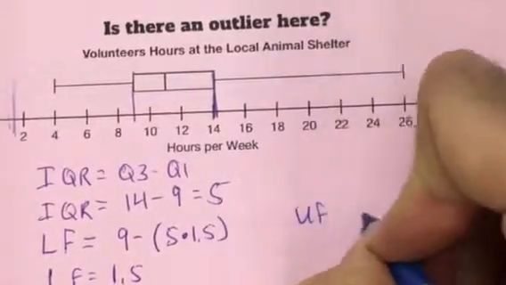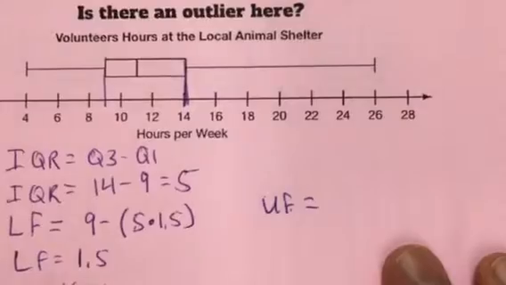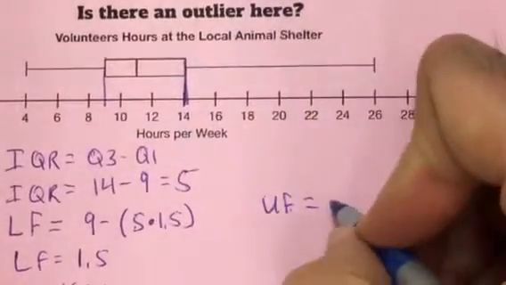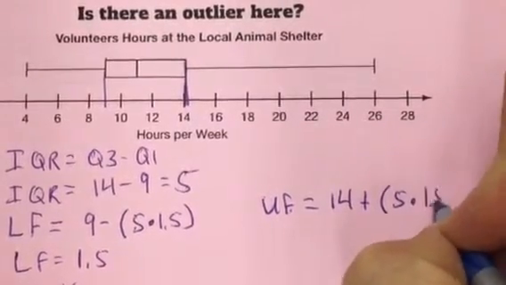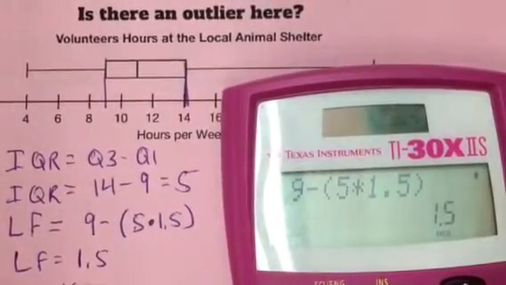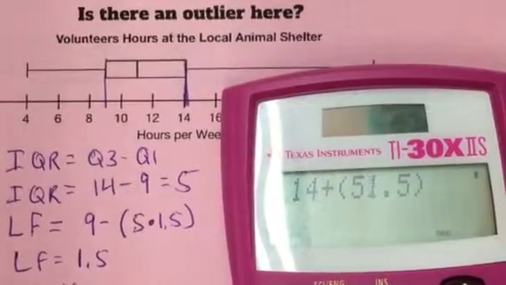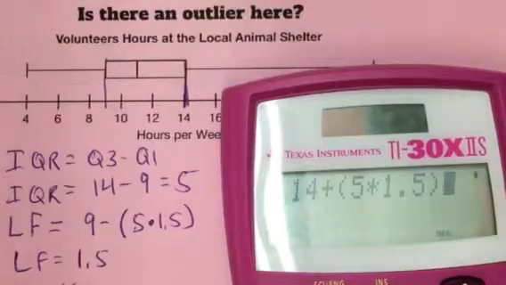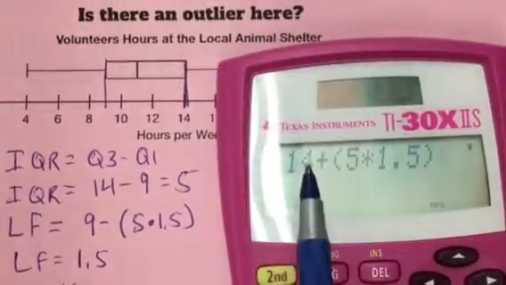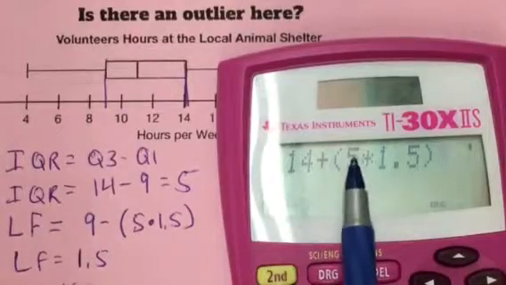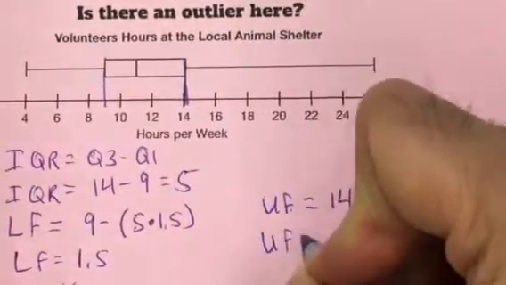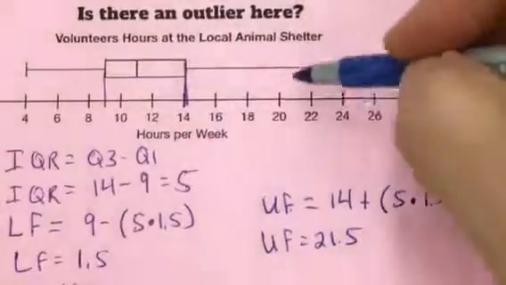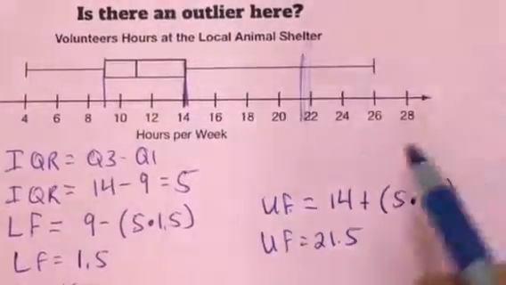How about the top? So upper fence. UF, upper fence, makes it easy. My Q3 is 14 plus 5 times 1.5. Right? 5 is my IQR. Upper fence, Q3 plus IQR times 1.5. 21.5. My upper fence equals 21.5. Here's 21.5. Yes, there are some data,